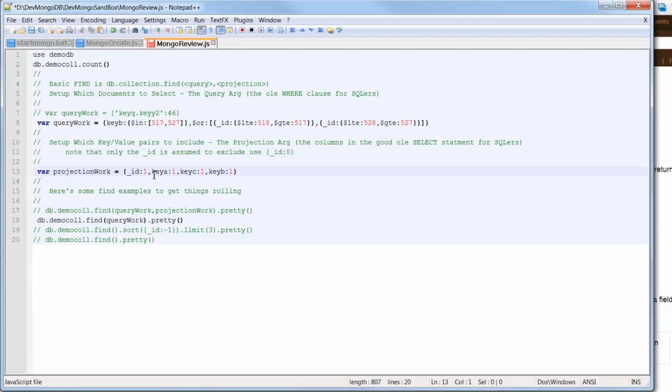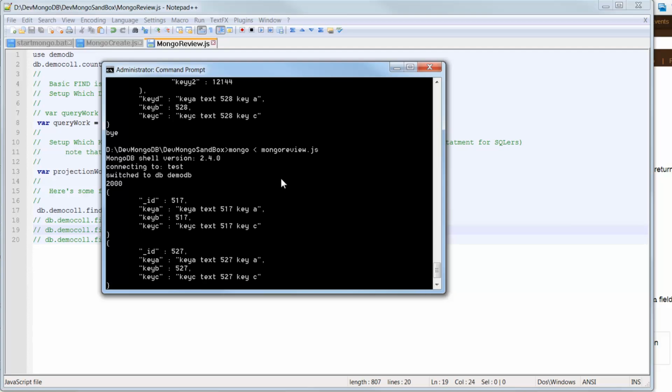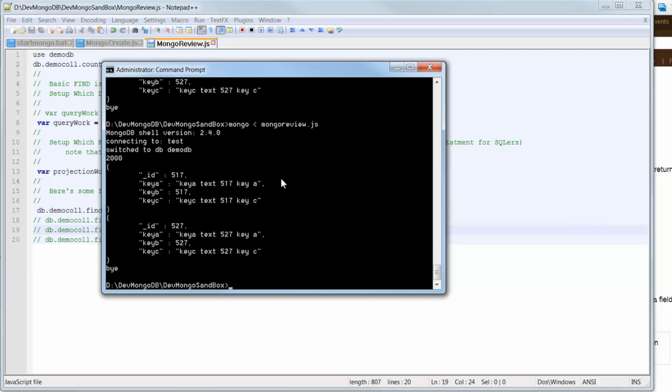With projection work, so now I'm going to select ID, key A, key C, and key B, and let's use both query work and projection work values in here. And it's just a lot easier than typing this whole rigmarole inside here. So let's save it. Let's run it. And now you see that I get the ID, key A, key B, and key C,